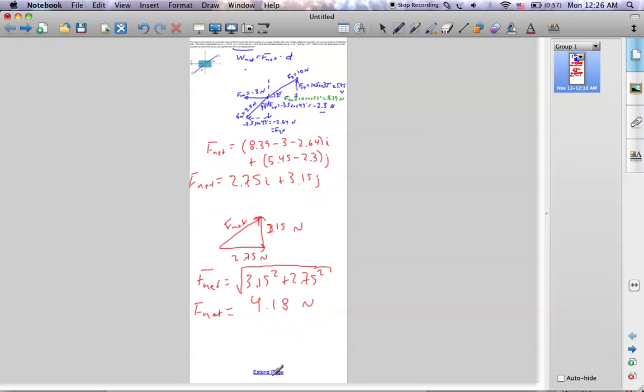So don't forget that we also have to put back this displacement. We have to get the net work. We have this because it was given, and you can't see it now, but it's 3.6 meters. So work net equals 4.18 times 3.6, and that equals 15.05 joules. And that is the right answer, at least for me, because